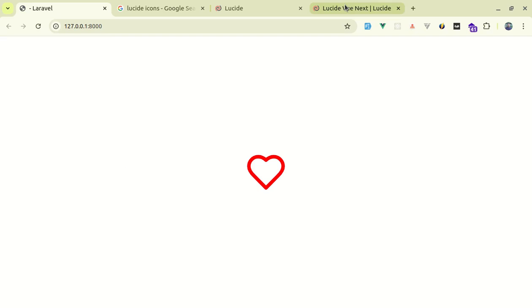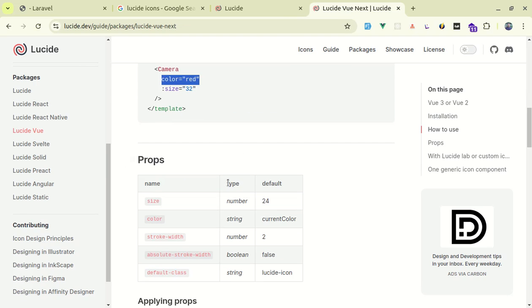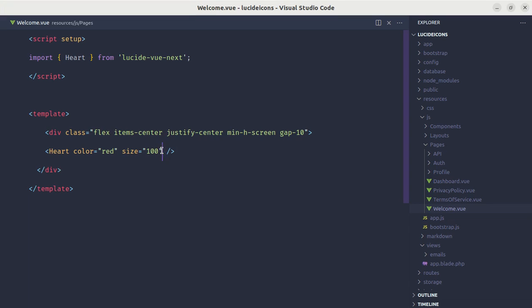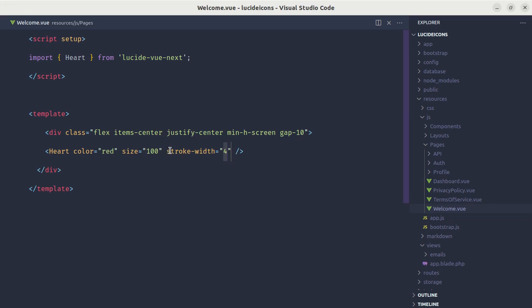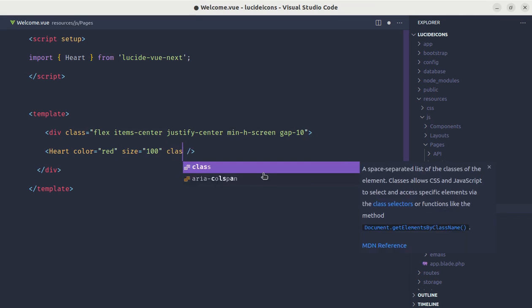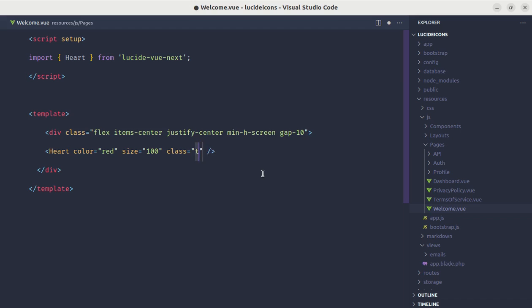And if we want to change the border width, then we can use the prop called stroke width, and by default it is 2. Let me change that. Let's say stroke width equals 4, and we have this. Okay, for now let me remove it. And for this project, I'm also using Tailwind CSS. So instead of using these props, we can directly use the class. So if I do text-red-600